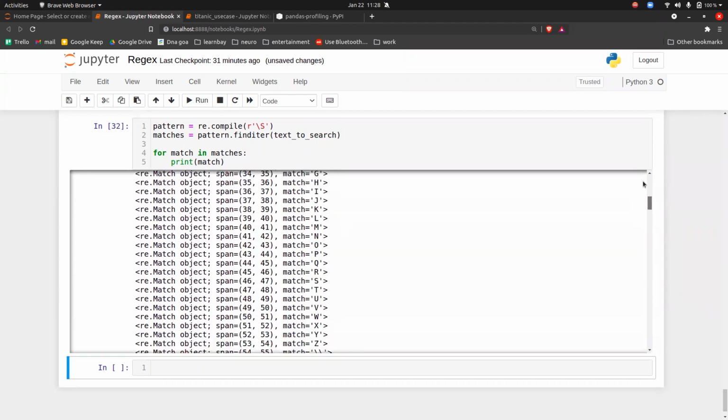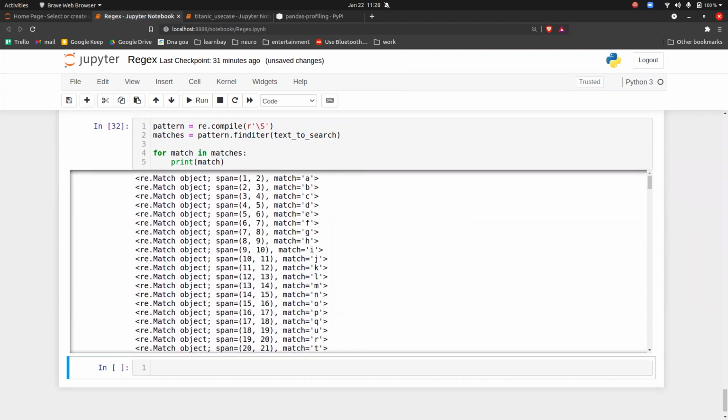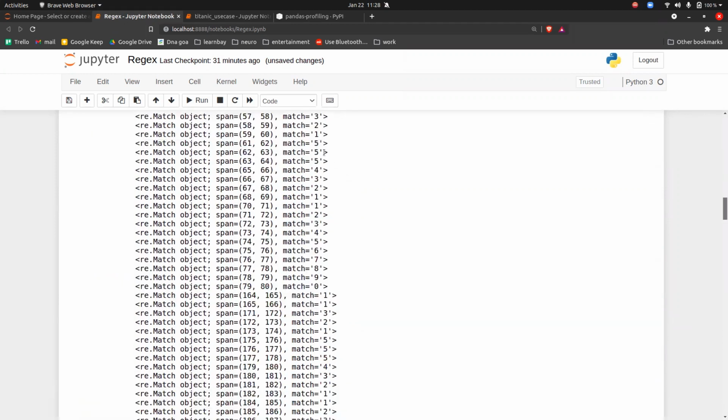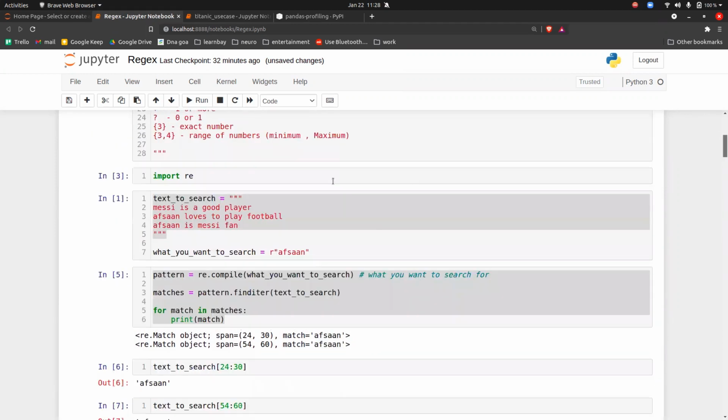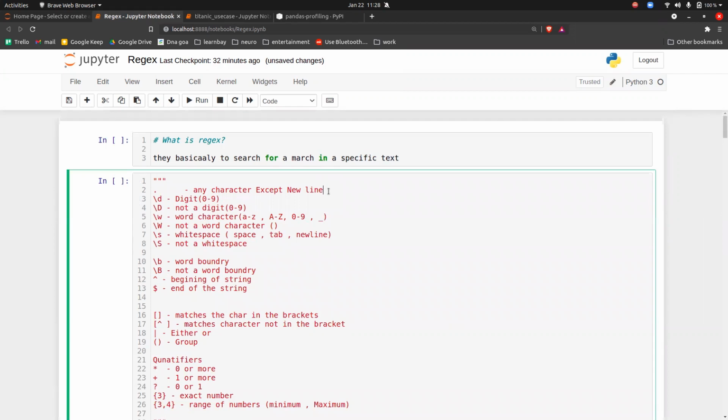No, in a dot, only slash n is excluded. Got the point? In a dot, only slash n will be excluded.